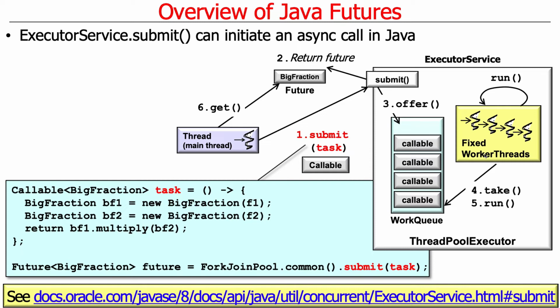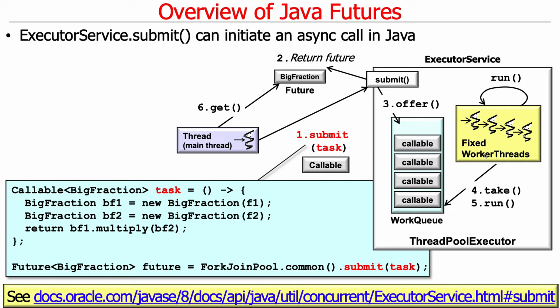So that's what a callable is. And you can see here that this particular callable defines a task which is going to create 2 big fractions and multiply them together. And we're going to go ahead and take this task, and we're going to submit it to the common fork join pool,